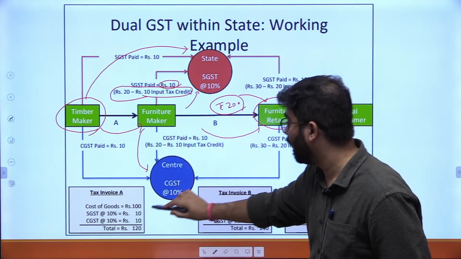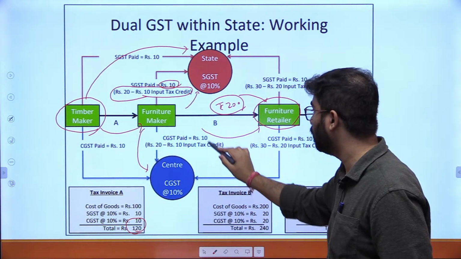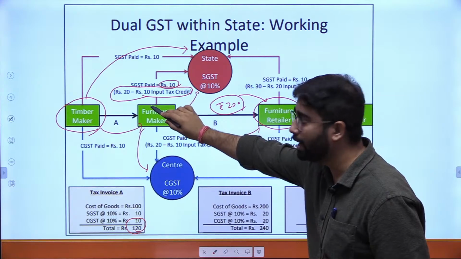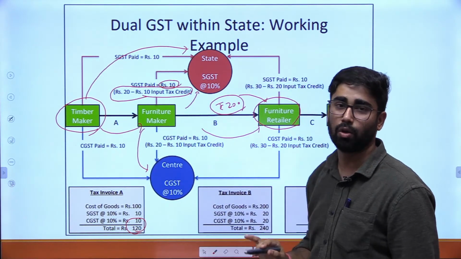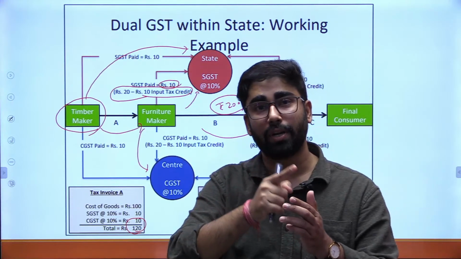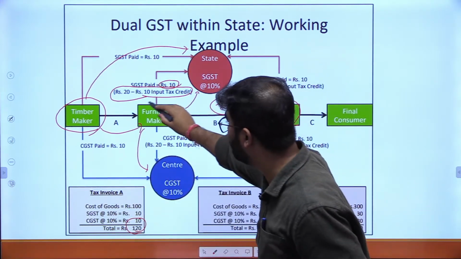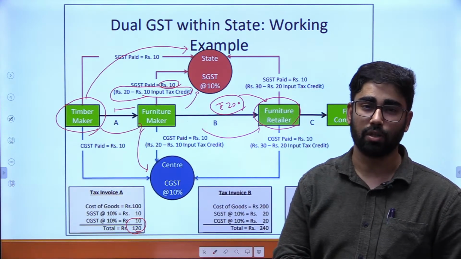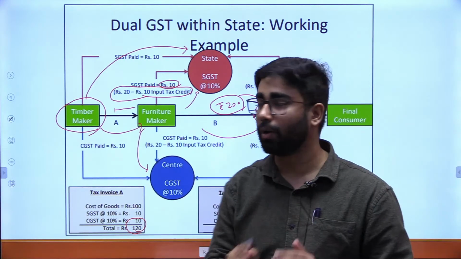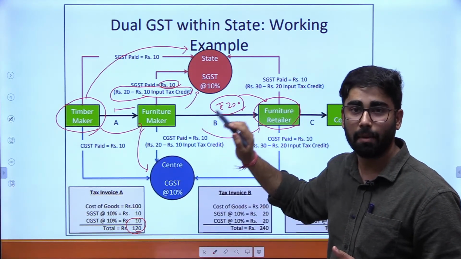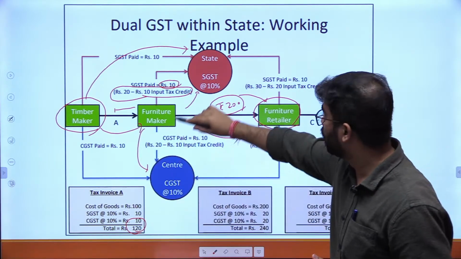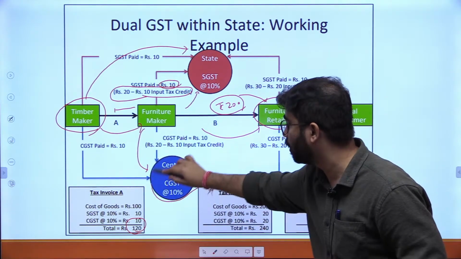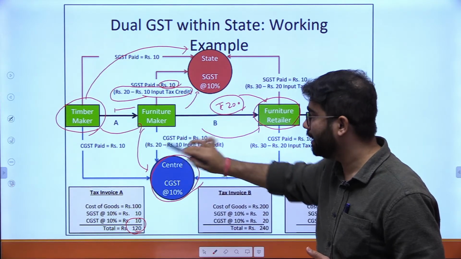वरना क्या होता कि 120 का यहां पर इसको पड़ता, 120 के ऊपर 10% लगता 100 का एडिशन करके, बट नहीं, हम बस वैल्यू एडिशन पर टैक्स लगा रहे हैं। ये है इसका कॉन्सेप्ट, और ये किसके थ्रू हो रहा है? क्योंकि उसे इनपुट टैक्स का क्रेडिट मिल जा रहा है, क्योंकि उसने पहले भी टैक्स दिया था यहां पे। ओके, तो ये है इनपुट टैक्स क्रेडिट का कॉन्सेप्ट कि खाली वैल्यू एडिशन पर हो रहा है। 10% ऑफ ₹100 कितना हुआ? 10% ऑफ ₹100 हुआ ₹10, जो कि SGST में जा रहा है, and 10% again for CGST on value addition of ₹100, वो CGST में सेंटर को जा रहा है। तो 100 का 10 और 10 इधर गया।